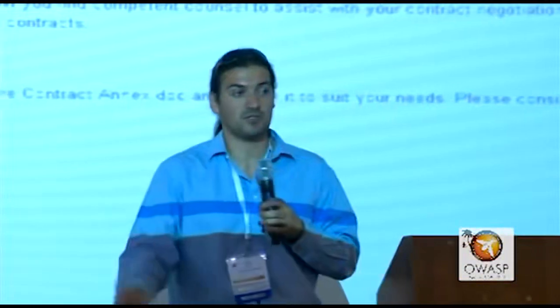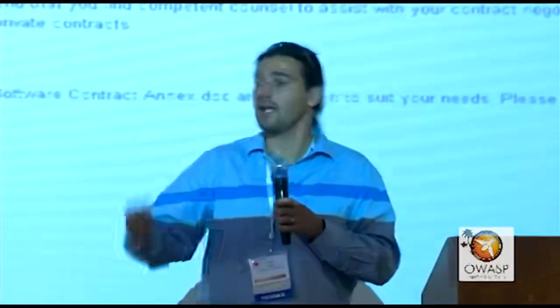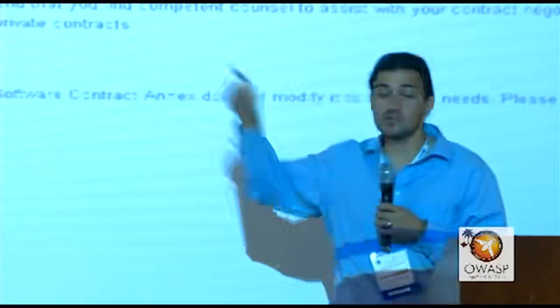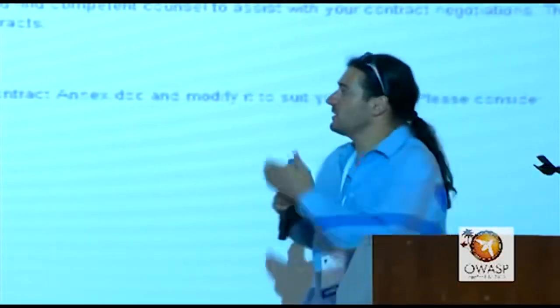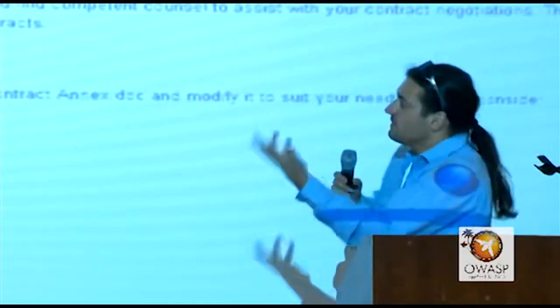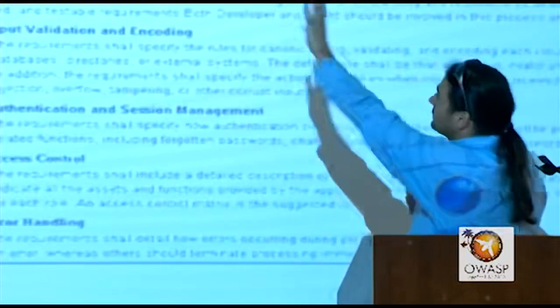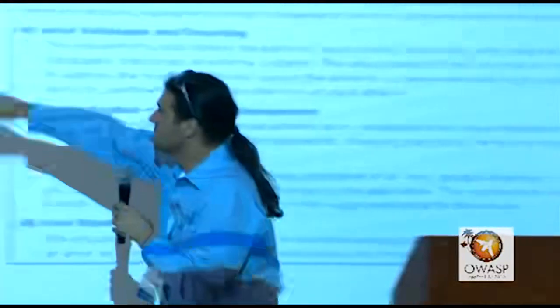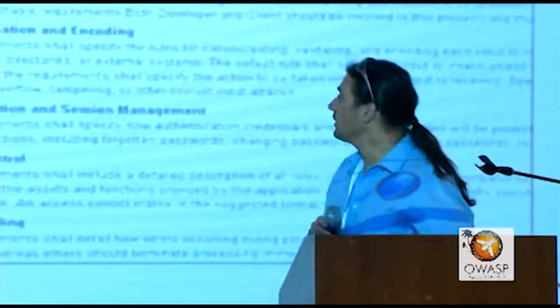So whenever they purchase software, they basically put this in the contracts and say, hey, we need to address these issues. So this is a really, really key OWASP project, and in some ways it's pretty stable, because it already does what it says on the tin, right? It basically gives you a secure contract annex. So, that's kind of what it is, right? Very quickly, you can see there's an introduction, there's the security requirement area, so you go through the bits from a legal point of view that you need there.